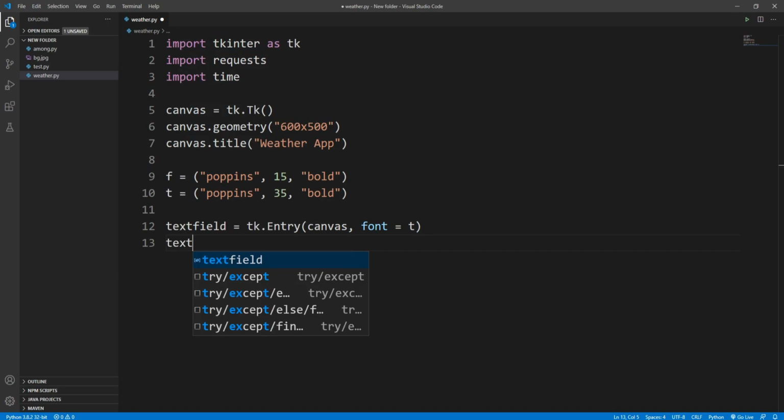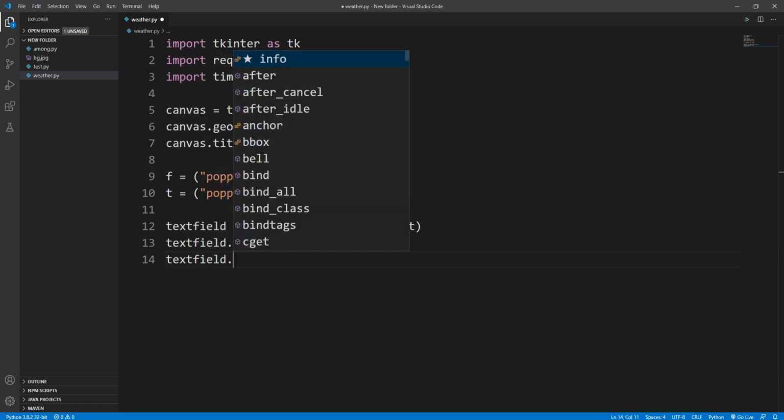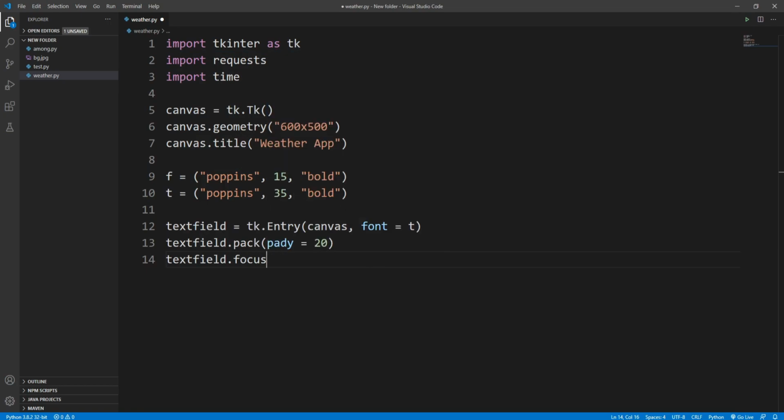So I'll write textfield.pack, and let's give this a padding to the y coordinate of 20. Now I want this text field to remain focused, so when the user enters this application they can type the city name directly without moving the cursor. So for this I'll write textfield.focus,